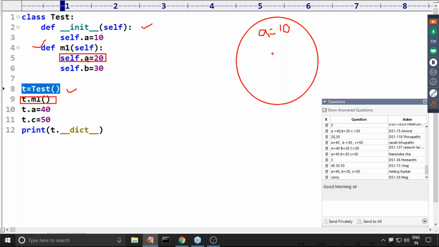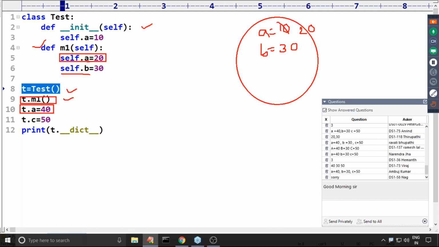Yes, it is already there, so the old value will be replaced with the new value. Remember, the old value will be replaced with the new value. Next, self.b: instance variable b is not there, that's why a new variable will be added for this object. Now a = 20, b = 30. So the m1 method is completed.